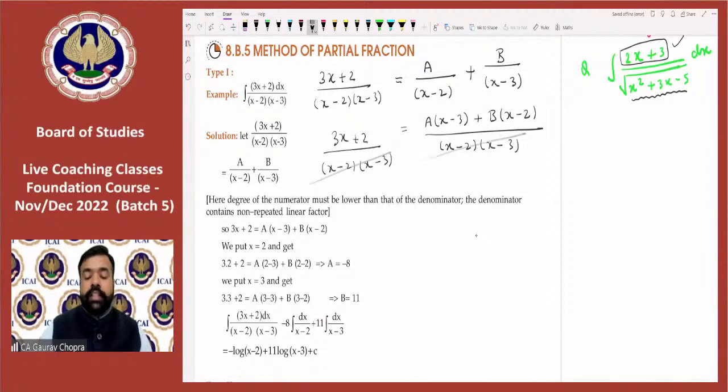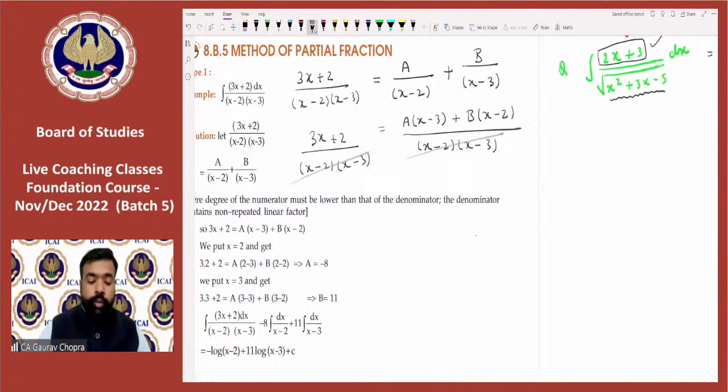So we can cancel them. All right, we have cancelled them. Now we have to obtain the value of a and b. How to obtain that? For obtaining the value, we can compare